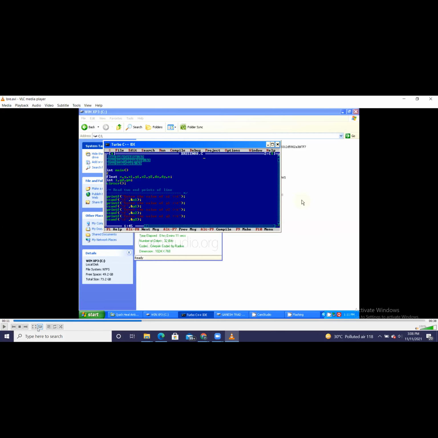In this blue screen, you can observe first, as we always do, #include stdio.h, #include graphics.h, and math.h, because I require mathematical functions in this program. So I have included all these three header files. Then I have taken x, y, x1, y1, x2, y2, dx, dy, and e. E represents the variable by checking whose value we are going to see whether to increment x or to increment